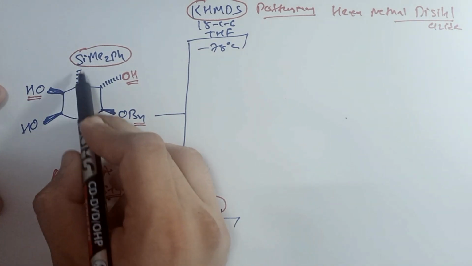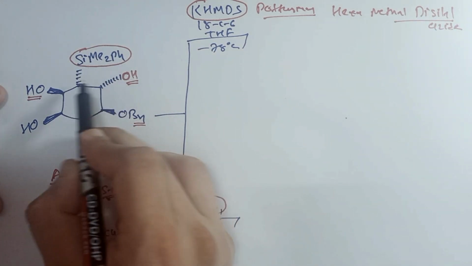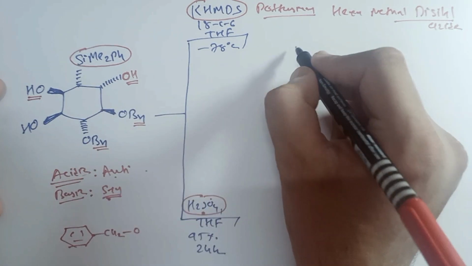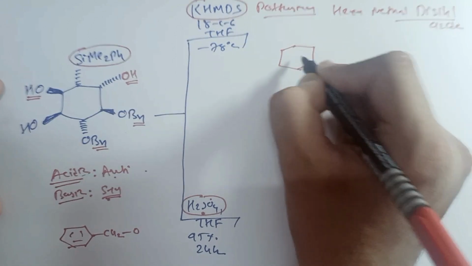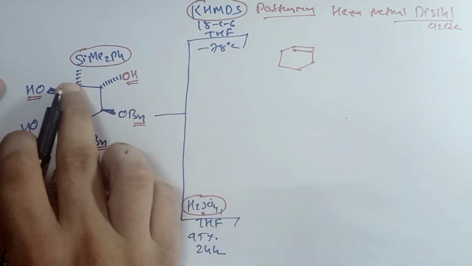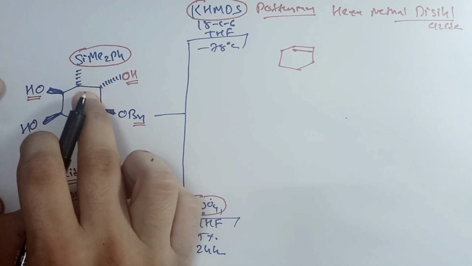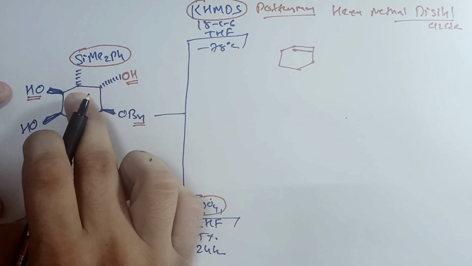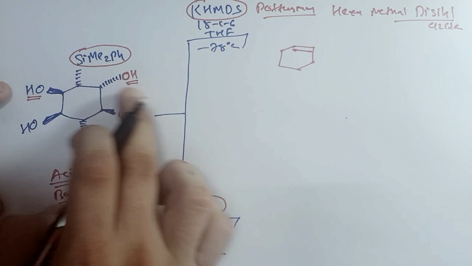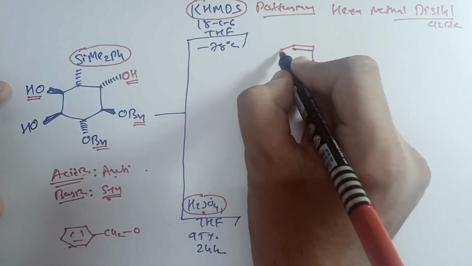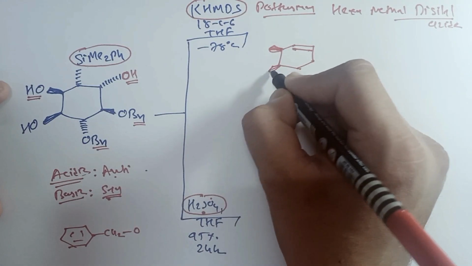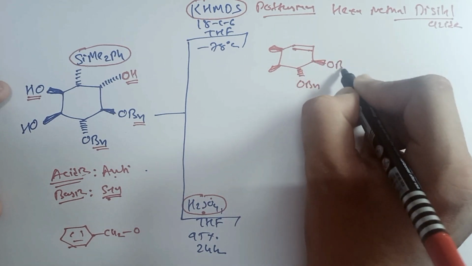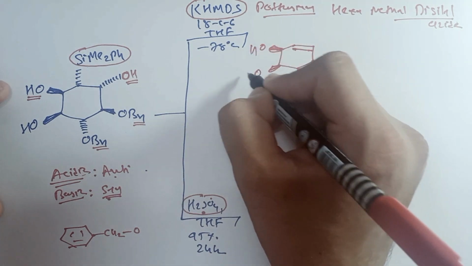So here we have a dotted line, here also a dotted line. This will be removed and we can produce an olefin over here. Let us understand by its mechanism. Here we get a double bond; both are on the back plane. Suppose this is the back side of the silicon derivative, and this is also the back side, so it will produce a syn elimination reaction. So this bond will be broken. Here we have a double bond, and whatever the other groups, they remain as they are. Here we have a dark line, this is the OBn group. So this is our product.